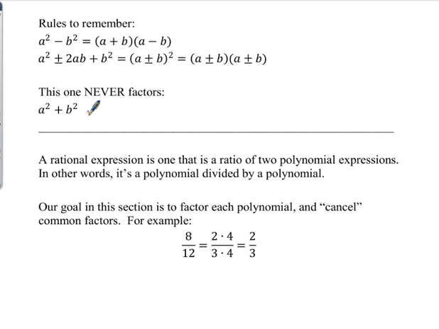So, down below, a rational expression is one that has a ratio of two polynomial expressions. It's a polynomial divided by a polynomial. Earlier we were looking at rational expressions. We just weren't calling them that. We were calling them long division problems. Well, that's all rational expressions are. So, we need to learn how to, your favorite word, cancel common factors. But what we're really going to be doing is forming fancy ones and letting them turn into one so that